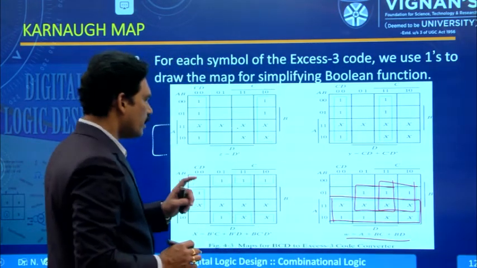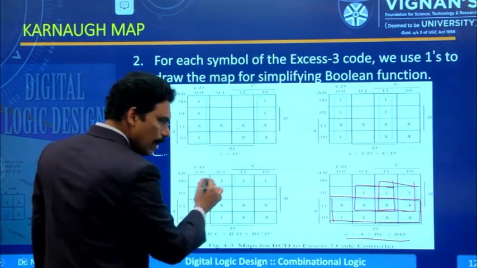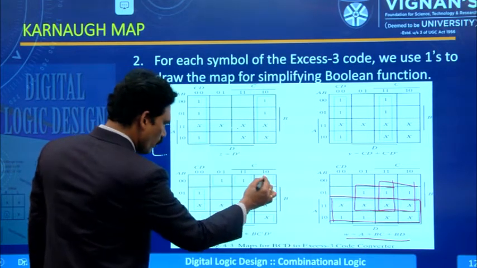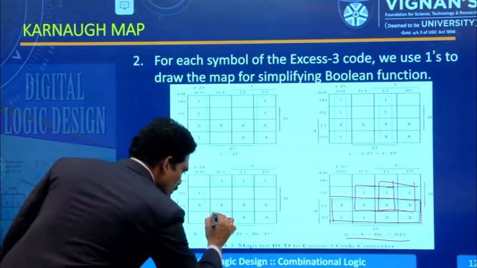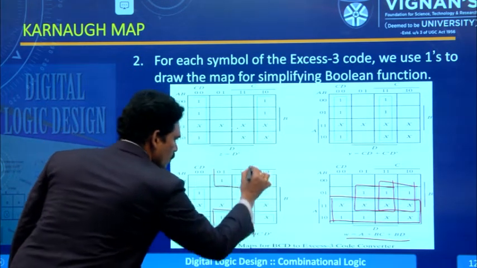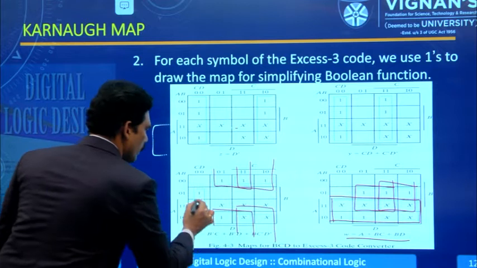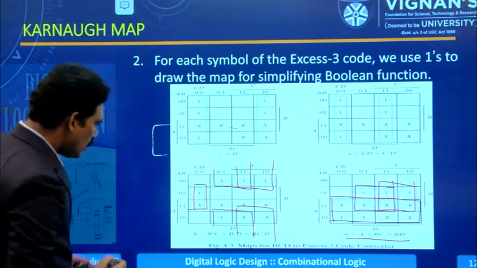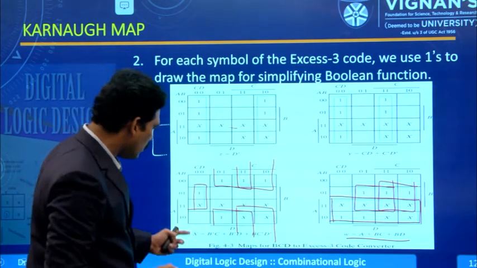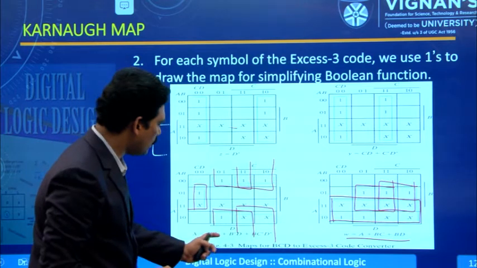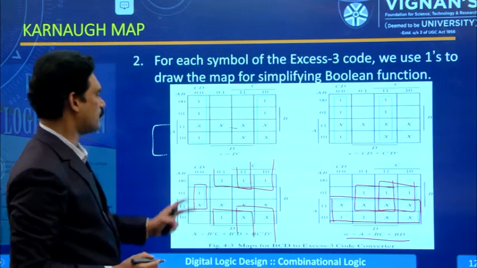Next one is X. The combination, how to draw this one, how to map ones. So, 1, 1, 1, here this is 1, 1, and these are all don't care conditions. How to map this one? First 4 map, we have to do like this. Next to these 4 maps, we have to do like this. And these 2, and the remaining x we need not consider. So, X is equal to B bar C plus B bar D plus B C bar D bar. This is the expression for X.